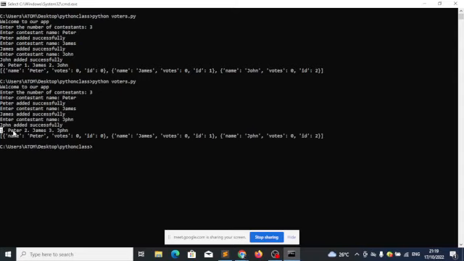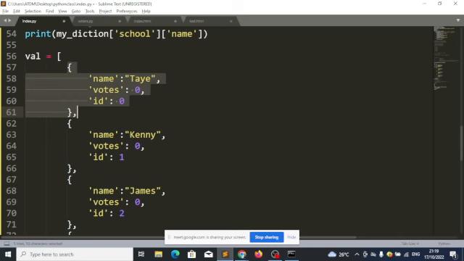1 means I'm voting for this person. 2 means I'm voting for this person. 3 means I'm voting for this person. So, how do we know that there's a relationship between this number and the ID? The number here is just 1 different from the ID. Meaning, if I remove 1 from this, it becomes the ID. If I remove 1 from this, it becomes the ID. If I remove 1 from this, it becomes the ID. So we can now take advantage of that and say,